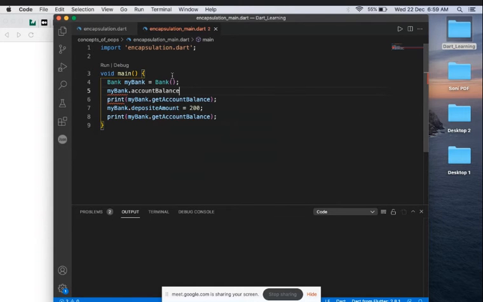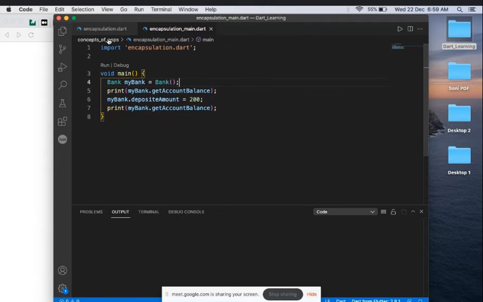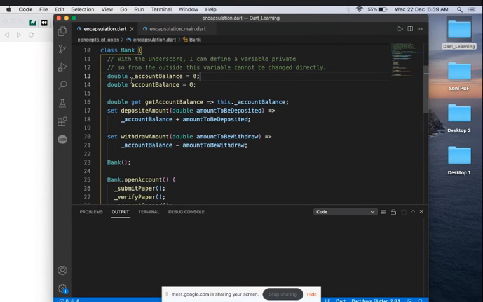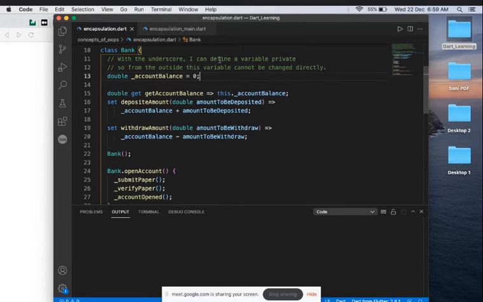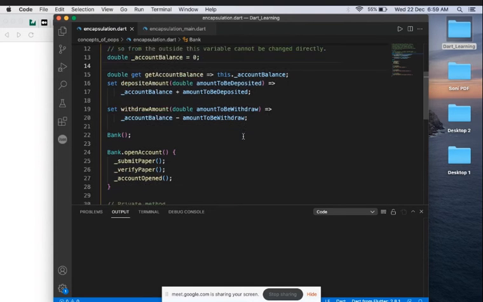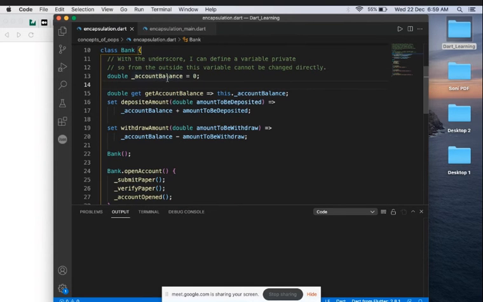So this one is not private, but before this, if we have used the underscore, this will make the variable private. So basically, if we use private underscore behind it, it will become private and only can be changed using the getter and setter properties. So basically, this is account balance, and we also know in a bank we have